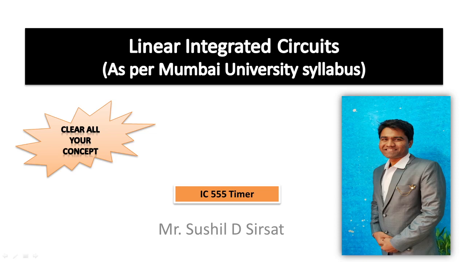So in this particular video series, we will introduce one IC, that is nothing but the 555 timer. The 555 timer is very essential. Suppose you want to introduce a timer of 1 second in the circuit: for 1 second your circuit will be on and for 1 second it will be off. If you want to do this on and off, you can go with the 555 IC. The 555 IC works in three configurations: astable, monostable and bistable. What exactly astable, monostable and bistable mean, we'll see in a detailed manner.